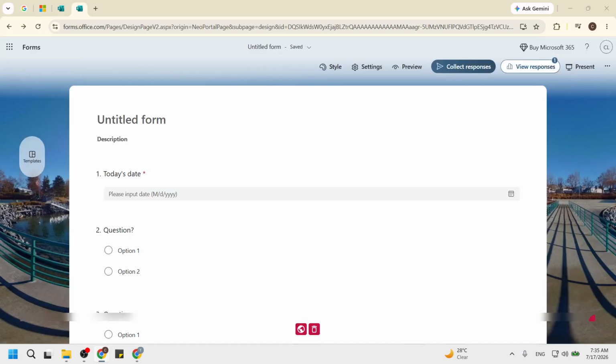With those steps completed, you are well on your way to enhancing your Microsoft Forms with hyperlinks. Adding hyperlinks can direct respondents to additional resources or information, making your forms more interactive and informative. You have successfully created a hyperlink, and your form is now equipped with that added functionality.